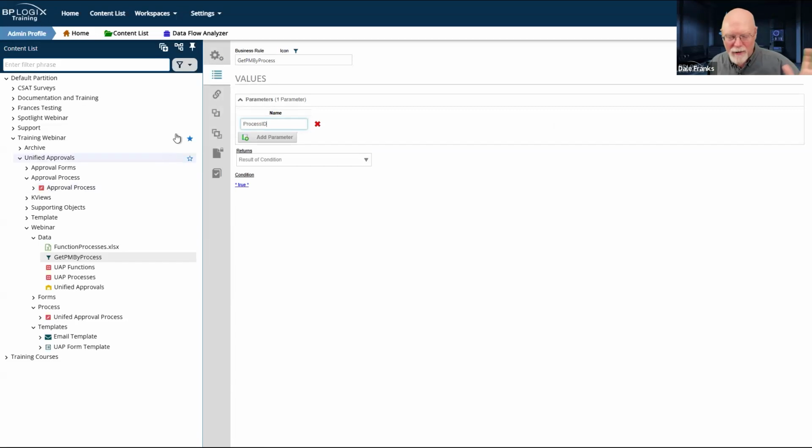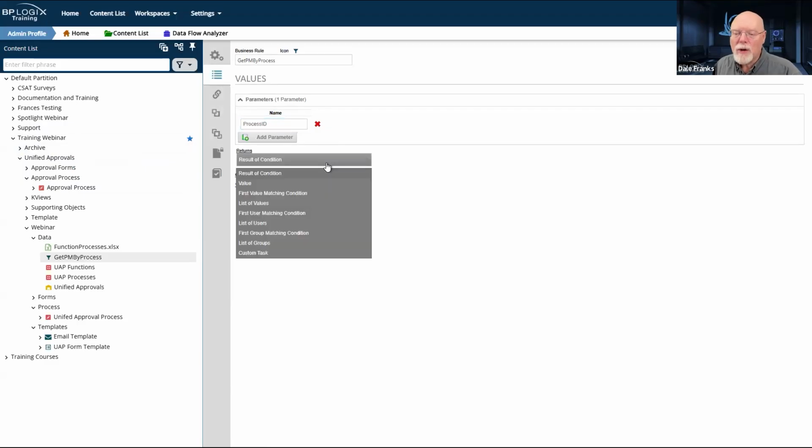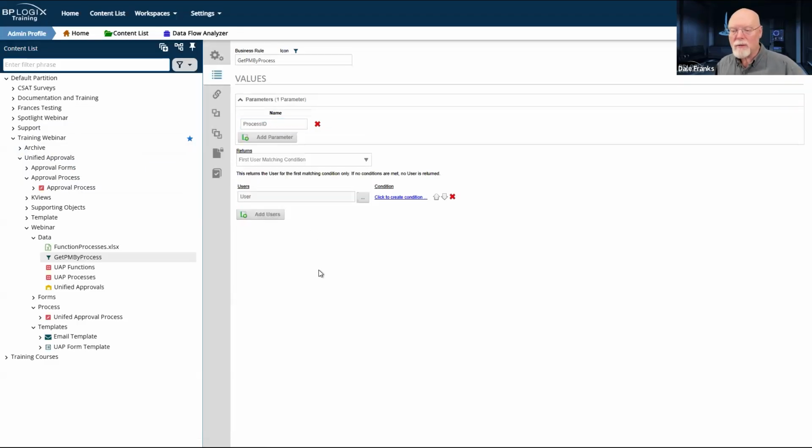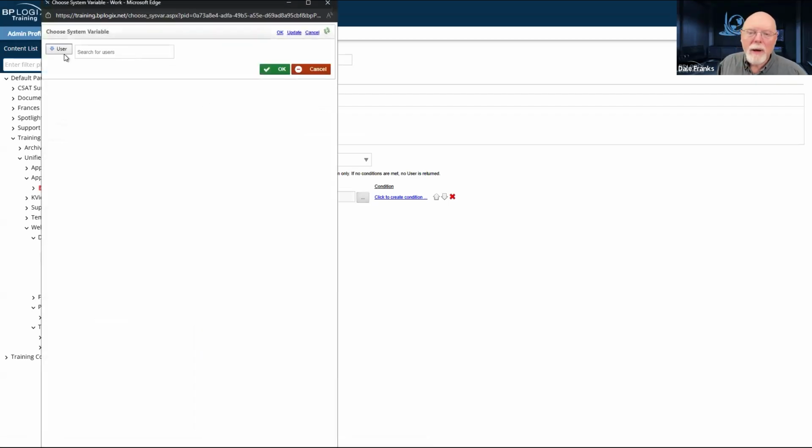I forget what I called it in the other one, but for now we'll call it process ID. I'm going to need to return the first user matching a condition. Remember, I want to return a user. So I'm going to pick a user.